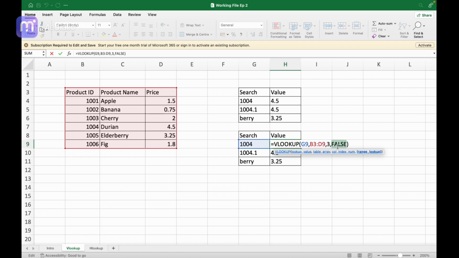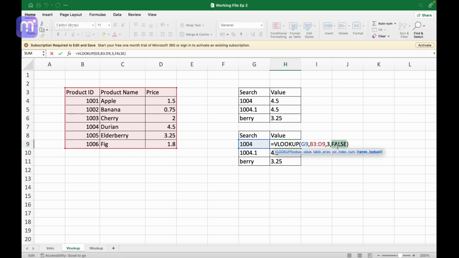True means approximate match, where Excel will look for the closest data that matches your search and will give you the retrieved data based on its understanding. In case of false, that is exact match, Excel will look for the exact data which you are searching, not any close data. So in false you will get the exact lookup.